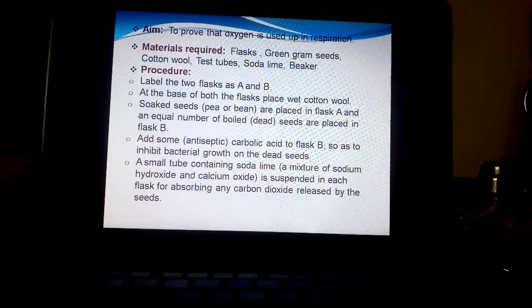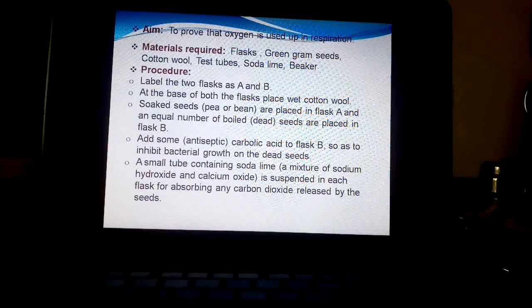Did you understand? This will not be repeated for the other 4 experiments. Got it? When I say control setup, you should think that one parameter is missing in that setup. Is that clear? Yes. We are now moving to the experiment to prove that oxygen is used in respiration. Here also you will find 2 flasks, children. In one flask we have taken dead seeds. In another flask we have taken living seeds, that is germinating seeds. So the flask where we have taken dead seeds is called the control setup. I hope you all understood this.